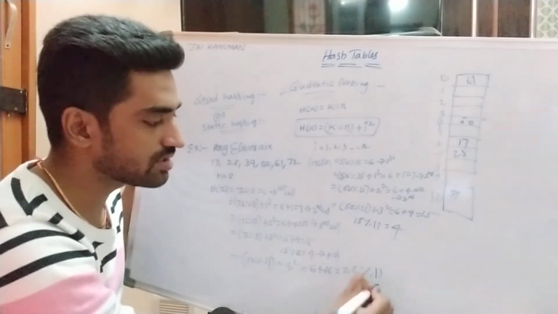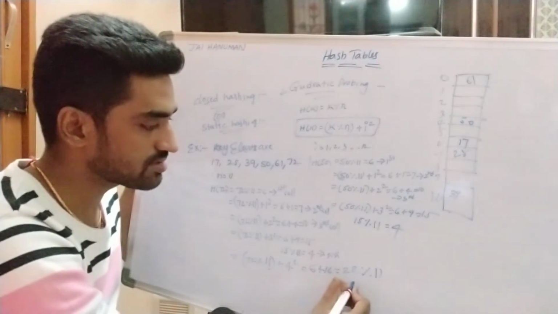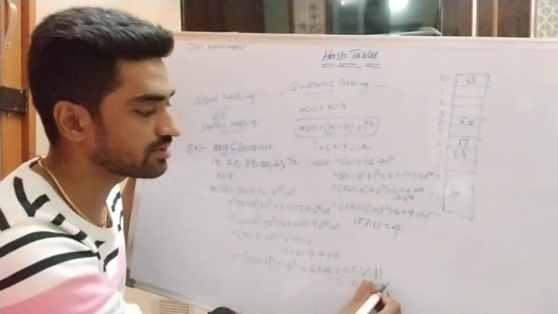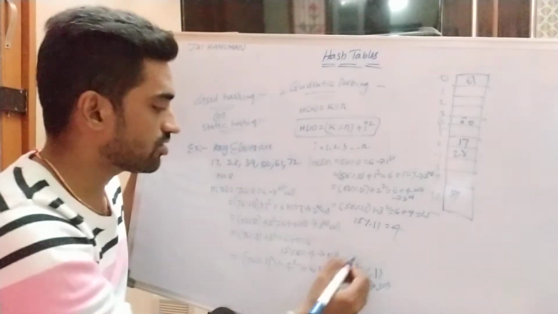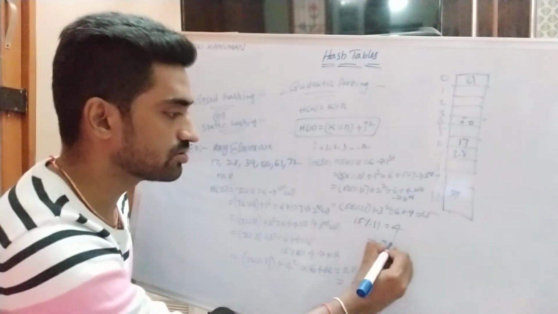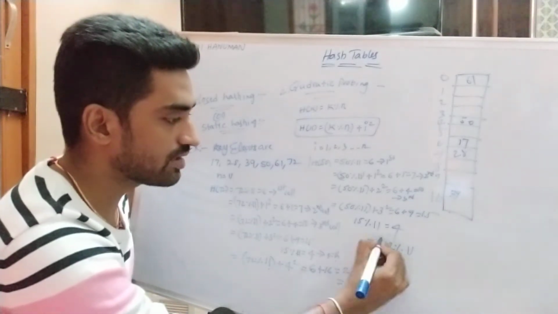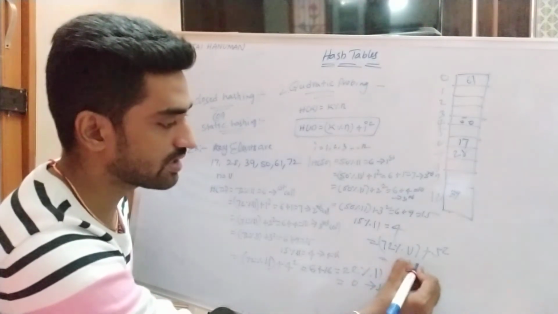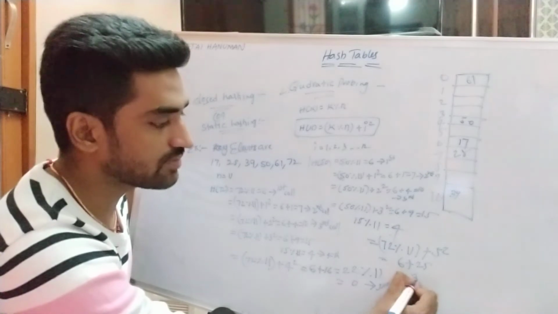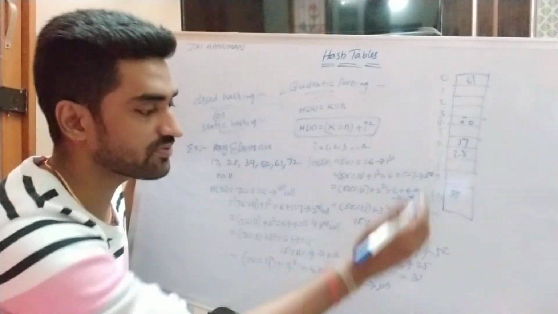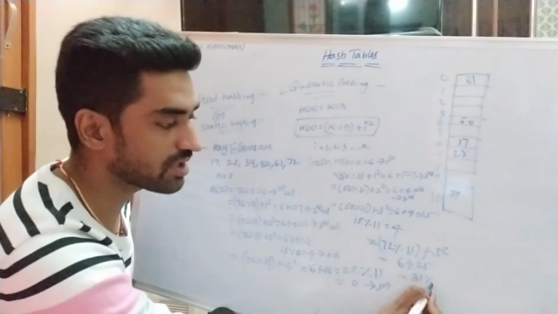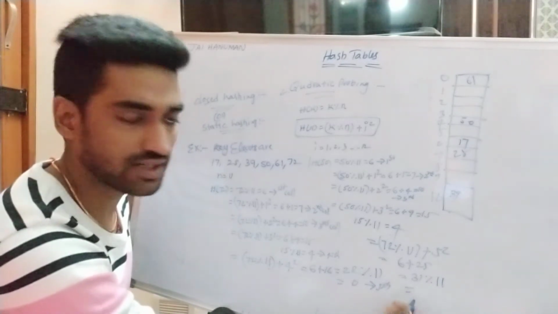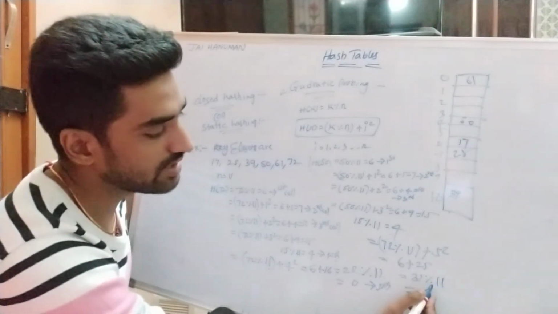Again we are performing the modular division operation with the hash table size, that is 0. So the 0th position is not a vacant position, so that's why the 5th collision has occurred. Again we are performing the quadratic probing operation. So 72 modular division of 11 plus 5 square, which is equivalent to 6 plus 25, 31. So the 31 position is not specified in the hash table, so that's why this can be taken as input and we perform the modular division operation with the hash table size, that is 11.